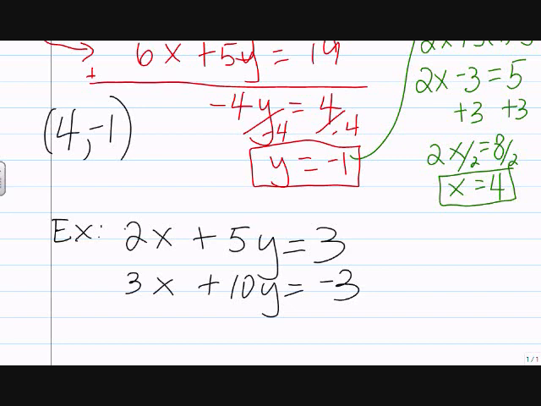Okay, so I don't actually want it to be 10. I want it to be the opposite of 10. So I won't multiply by positive 2. I'm going to multiply by negative 2, because I want to be able to add this system together and eliminate the variables, otherwise I have to